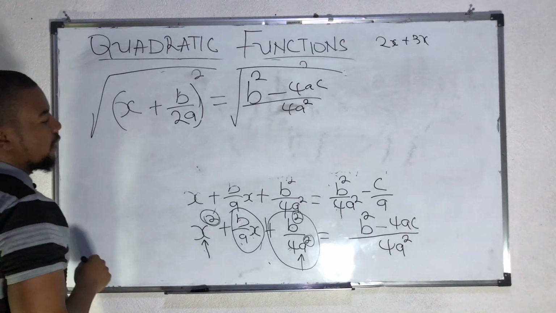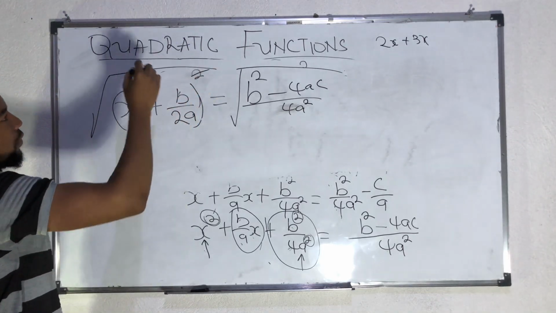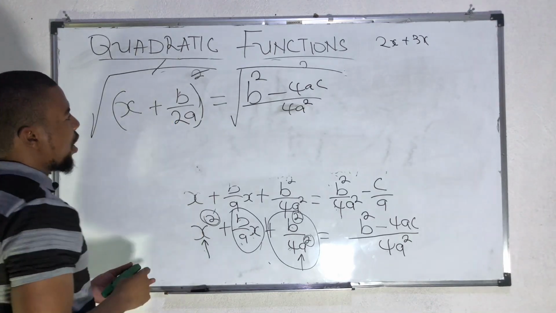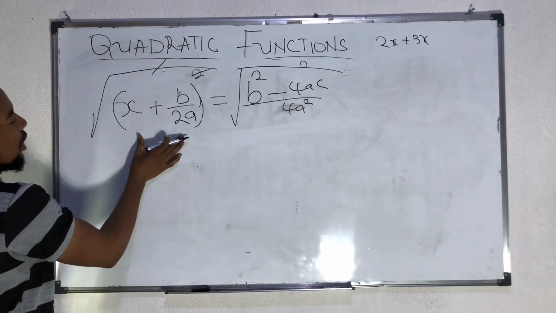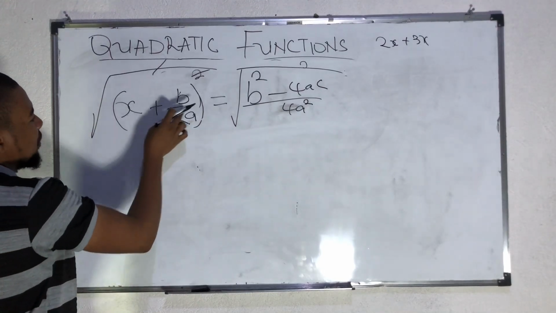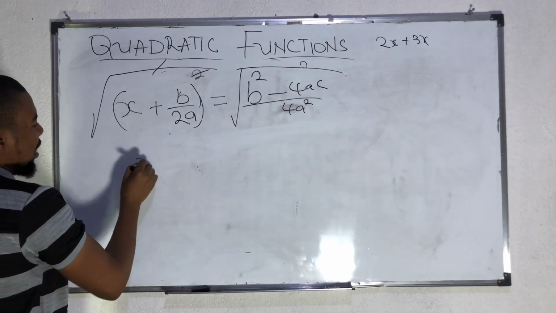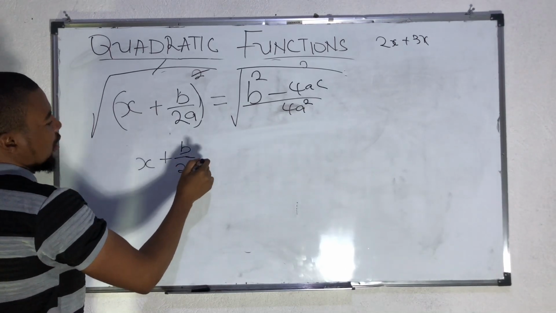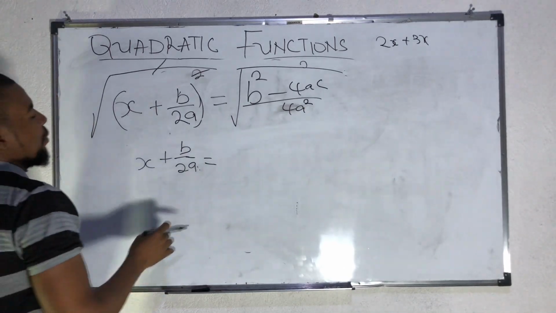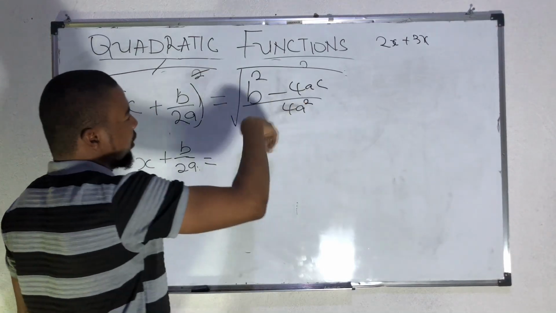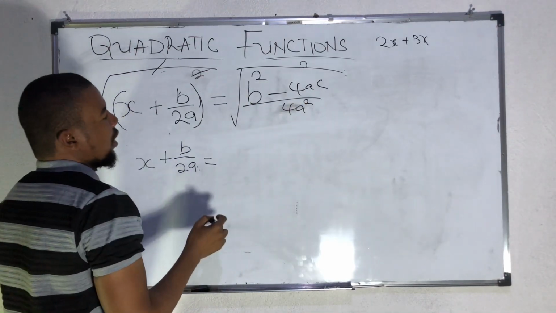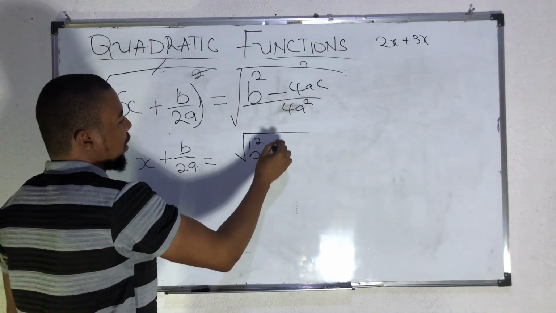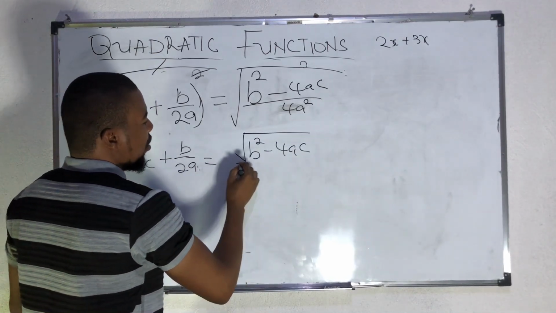Now, when you square both sides, what happens? The square on the left cancels out with the square root. Let's now copy this one down. Here we have x plus b over 2a is equal to, I'm going to rewrite this expression here in the form of b squared minus 4ac all over